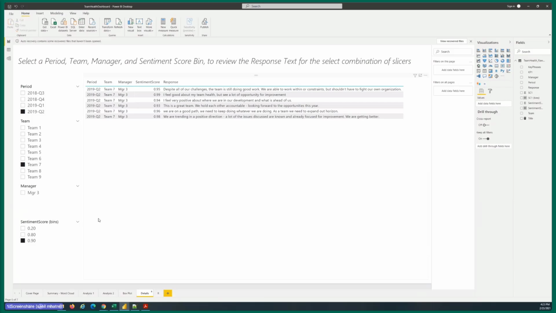So, to facilitate that kind of quick slicing and dicing so that your users can get to the data that they are interested in, you would create these slices on the left hand side on period, team, and then on the sentiment score bins.